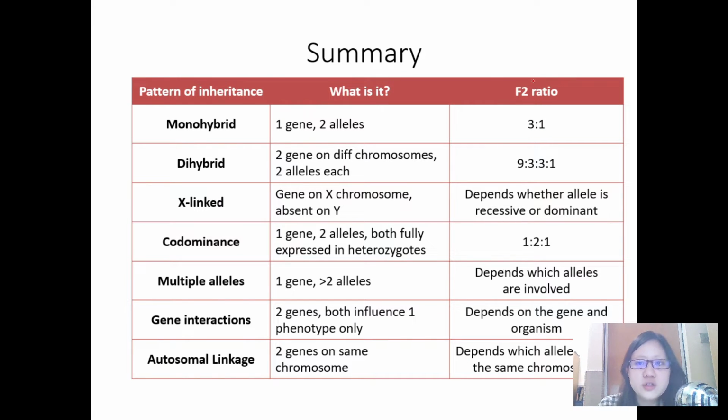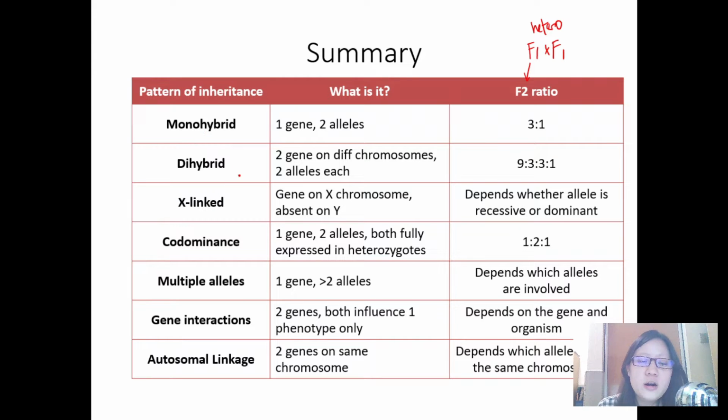Now, the F2 ratio, F2 is the product of crossing F1 and F1, right? And F1 are heterozygotes, both of them. And if you do that, you get a 3:1 ratio. Now, in dihybrid